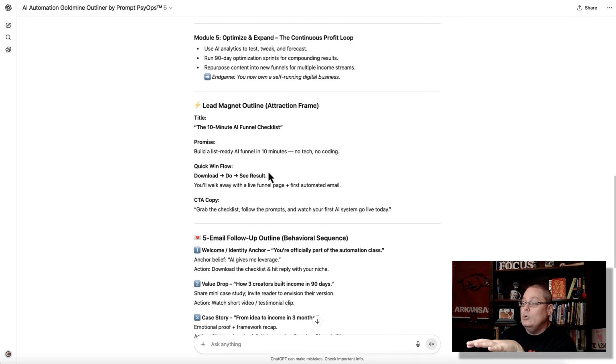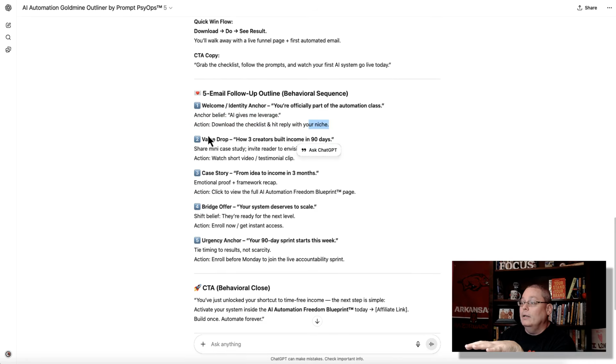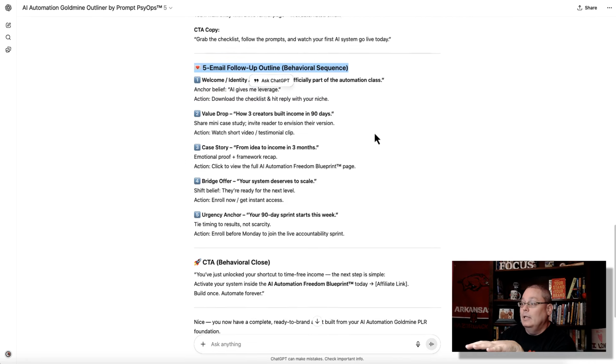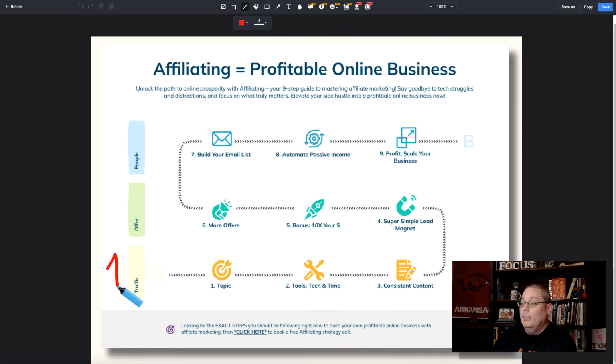It also gives you a lead magnet outline, the 10-minute AI funnel checklist. It also gives you emails. Now here, this 5 email follow-up sequence, this is what we're talking about here when we're talking about automated passive income. It gets really messy, but you can just erase it and start back in the beginning